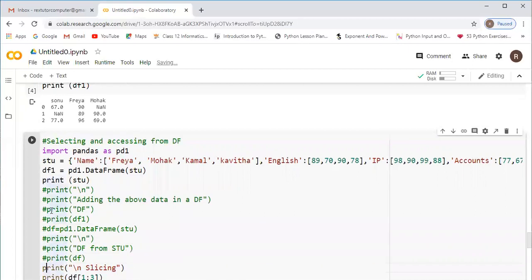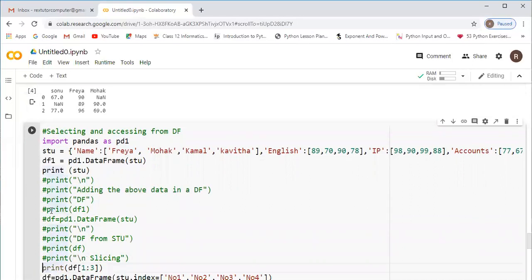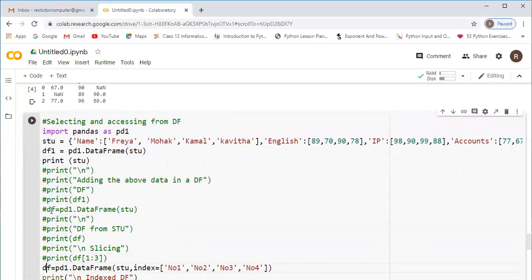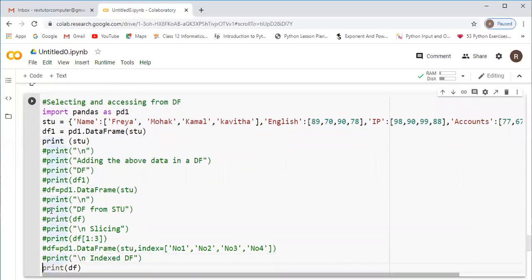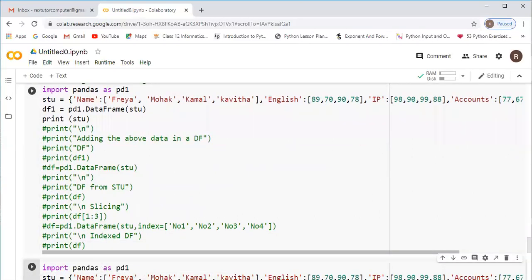Why I am adding the hash: it represents a comment line, a non-executable. Okay, I don't want to execute it at present. Or for some documentation purpose, if you want to type something over there, at that time we can use this hash sign. So it will be treated as a comment line. Now only 4 lines we have.